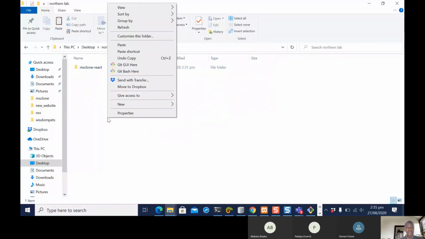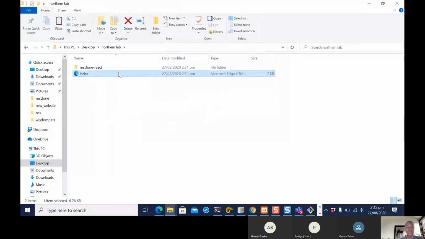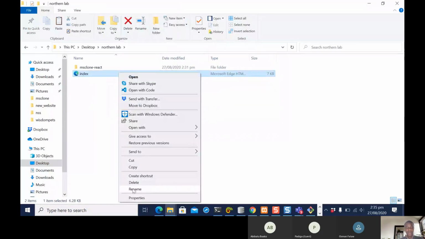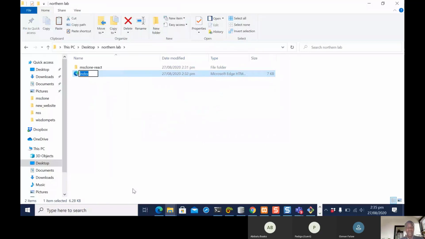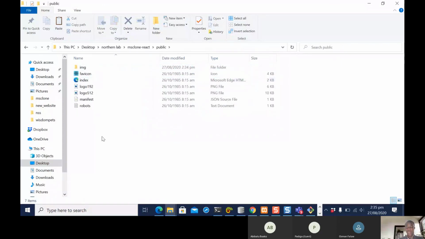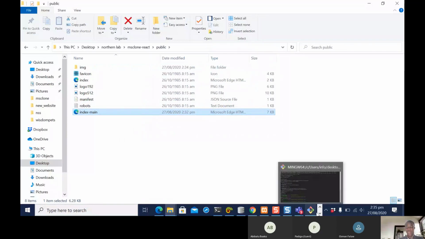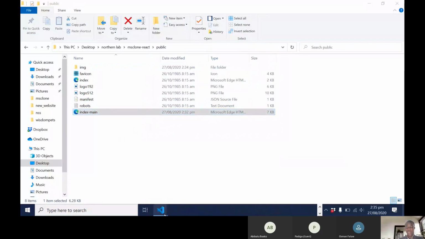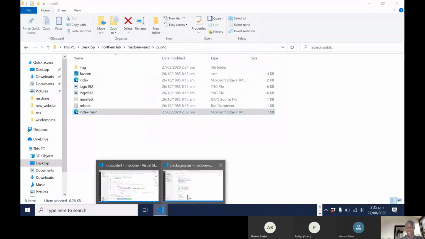So let me paste it here, and I'll right click on it and click on rename. I'll give it a name, index, maybe main, okay? I'll then cut this from here and I'll paste it inside the public. Do not worry about the fact that it's going here. Don't worry at all. Now, the good thing I should have just done for you is to run npm run,